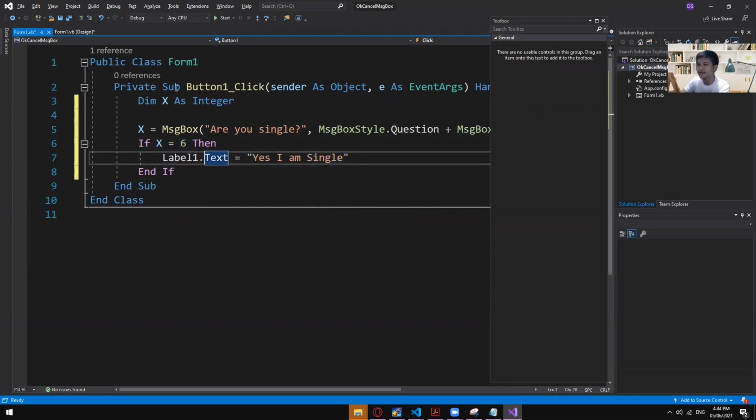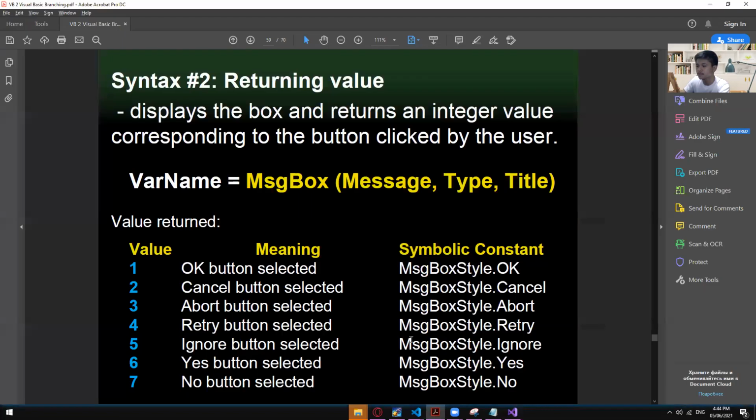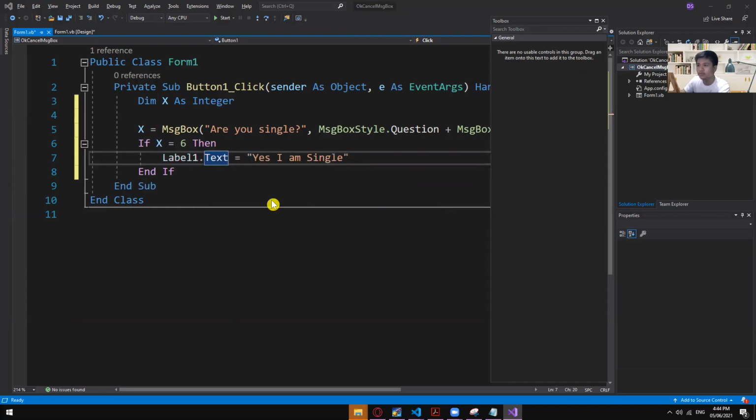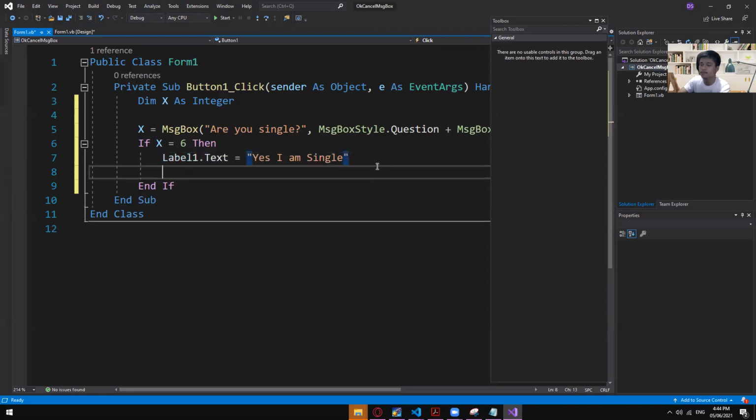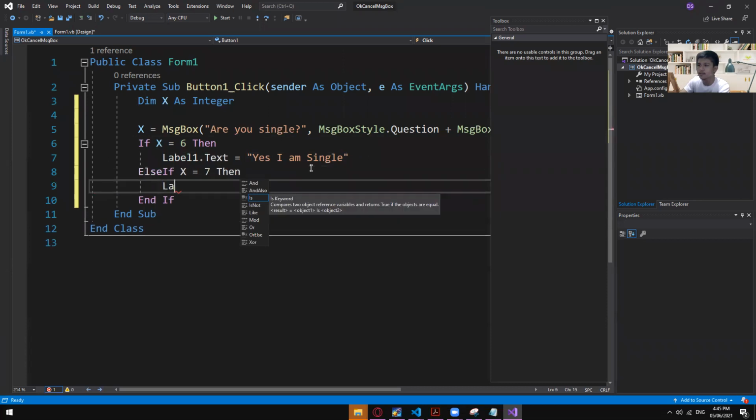But if he chose the option no, then we will receive else if x is equal to 7, then label 1 the text,